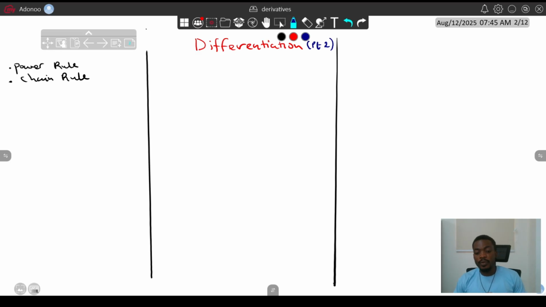Last time we started with the introduction to differentiation, and today we are going to talk about the power rule and the chain rule. Last time we spoke about differentiation. We said that differentiation was just finding the gradient of a curve. Talking about the power rule,